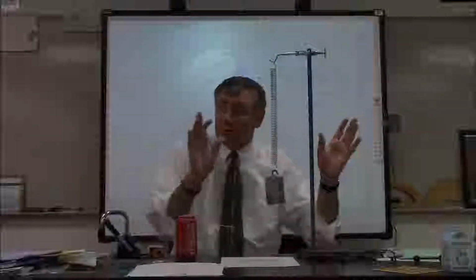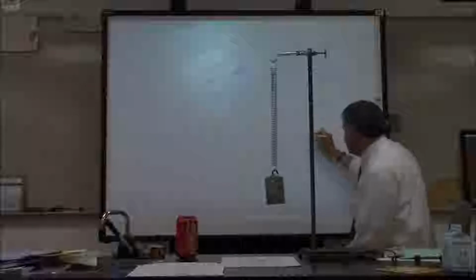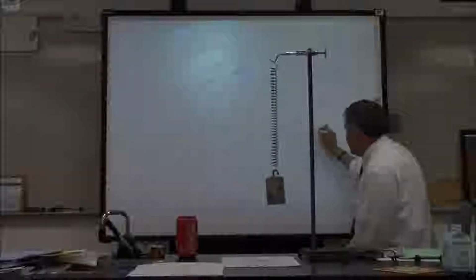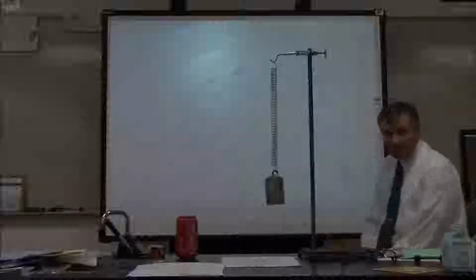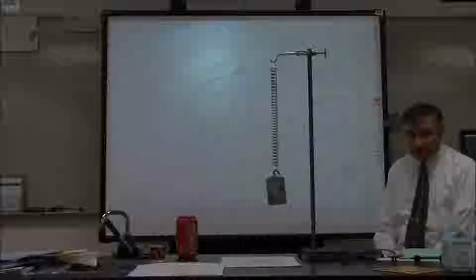So now we're on the moon, and we're doing this lab again. We still have a 1 kilogram mass, but now we're multiplying it by 1.6 meters per second squared. So now I get 1.6 newtons. Because of a weaker gravitational field, it's only exerting 1.6 newtons